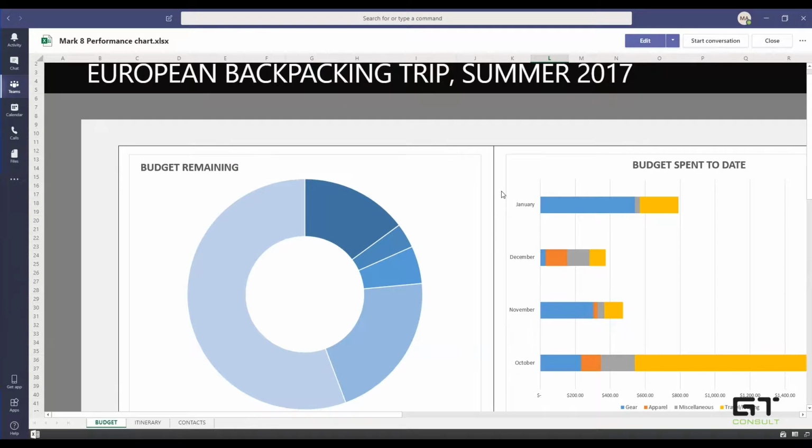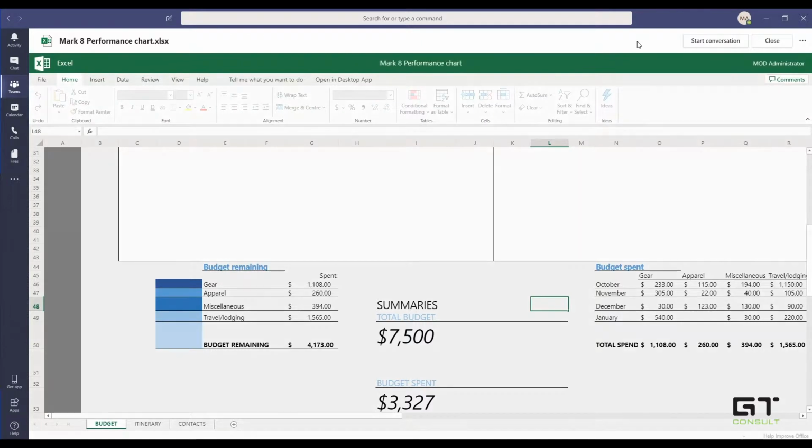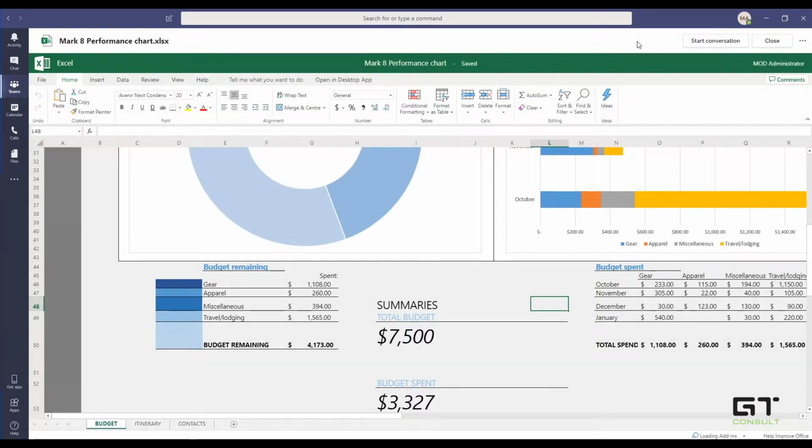If you do need the full functionality of your desktop application, all you would do is click the down arrow next to the edit button and say open in desktop app, and that'll launch your desktop application and the file inside it. So I need to edit this file quickly and I want to work on it with Megan because Megan asked me to just check out a few things. So I'm going to edit it. It's going to load up,